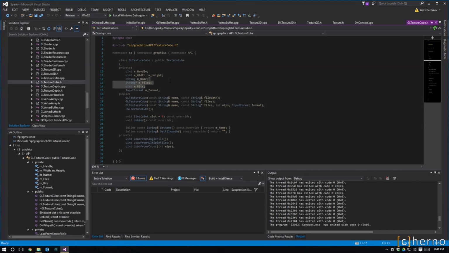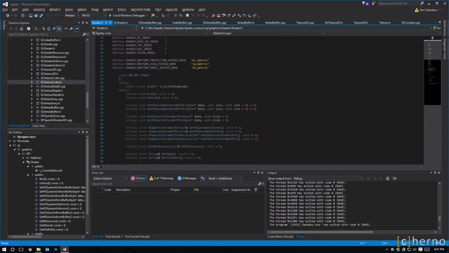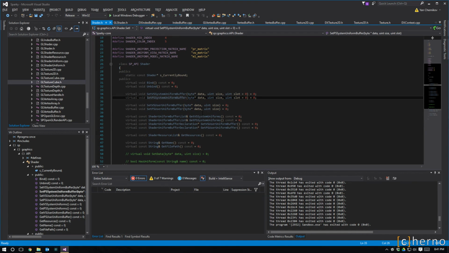So if we do take a look at a shader, you can see that's GL shader. You can see how big this interface is. It's got quite a lot of things, right? So let's kind of go through this. I think I'll cover this, and that'll probably be it for this devlog. So if we take a look at the code here,